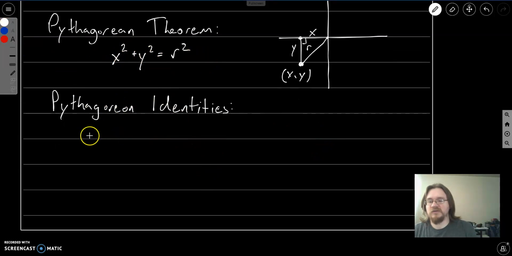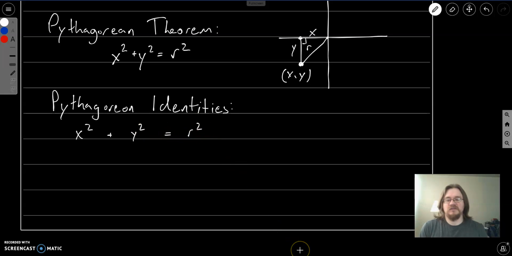So the first thing that I'm going to do is I'm going to write down x squared plus y squared is equal to r squared. And I'm going to do the following. I'm going to divide everything by r squared. Why? You will see in a second. So if I divide everything by r squared,